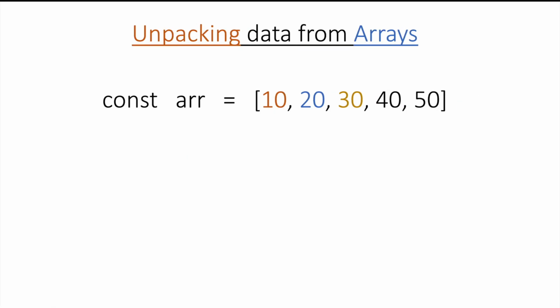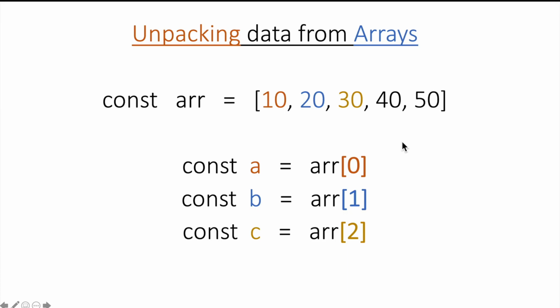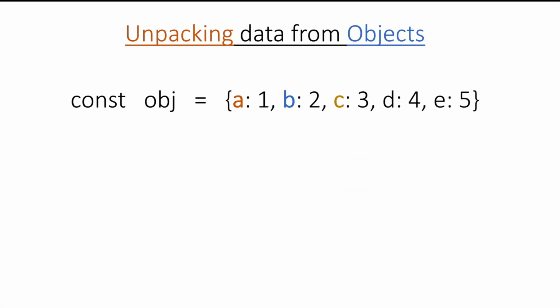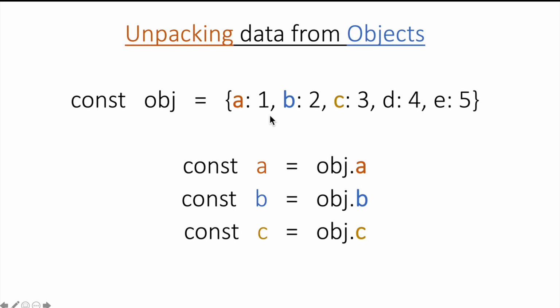How do we unpack data from arrays? Here we have an array ARR which has 5 elements. To unpack data, we use the square brackets and we specify the index within it. And similarly, let us look at how we unpack data from objects. We use the dot operator. If obj is the variable which is assigned an object literal here, then to get a hold of the property